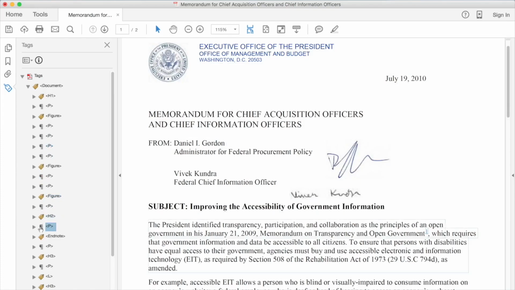When I highlight it, I'm seeing 3 highlighted content boxes showing me that there's a break inside the tag. The EndNote reference number is causing the highlighted content box to break. I know this is a link to the EndNotes. When I collapse the P tag, I see that, in fact, there is a link tag in there.